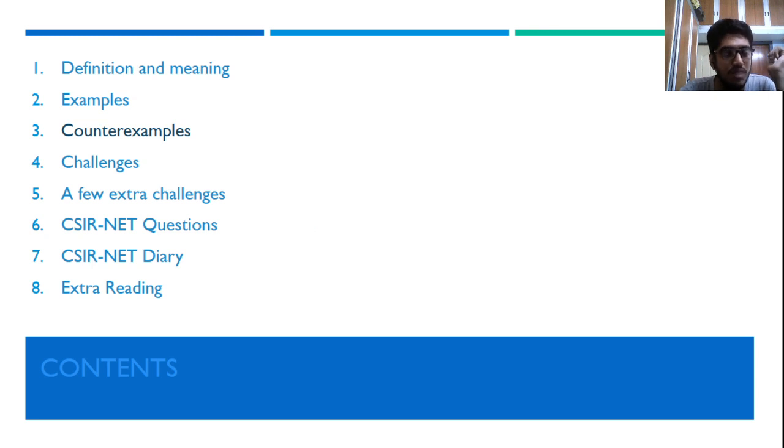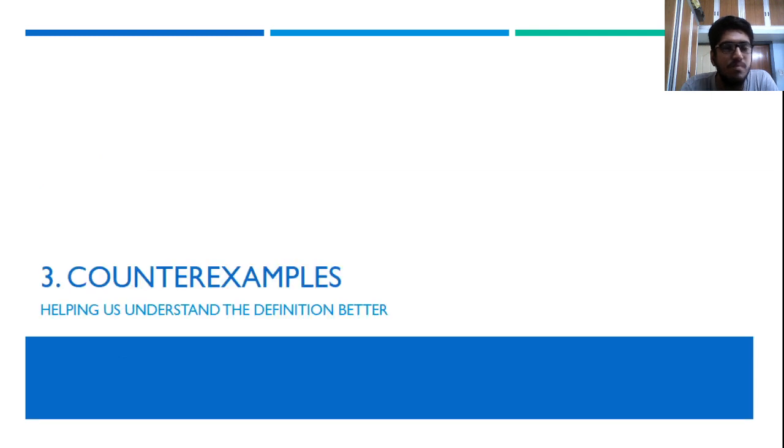So in this particular class, we'll be continuing our discussion on counterexamples. Then we go ahead to do some challenges and some extra challenges. So it'll be good if you have a pen and paper ready with you, so that you can quickly make a note of whatever question is posted. Try to note down your observations, try to develop them further. So grab a pen and paper and be ready. I think we did 4 counterexamples. We'll have 1 or 2 more counterexamples, and then we'll go ahead to challenges, some extra challenges, and CSIR-NET questions.